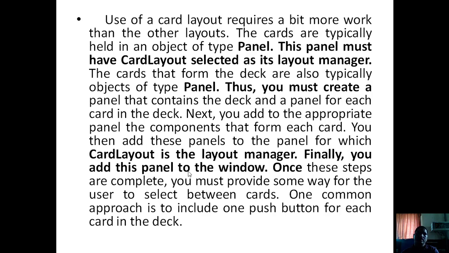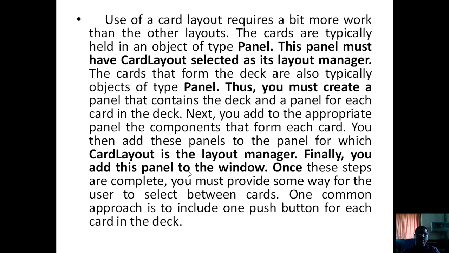The cards are typically held in an object of type Panel, and this panel must have CardLayout selected as its layout manager. This is the main panel, which has its layout manager selected as a card layout.